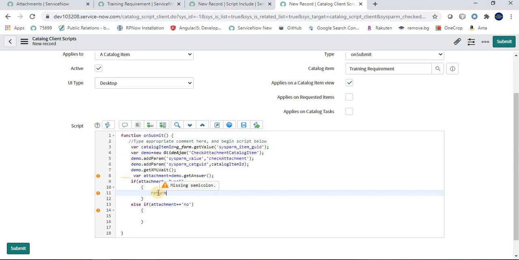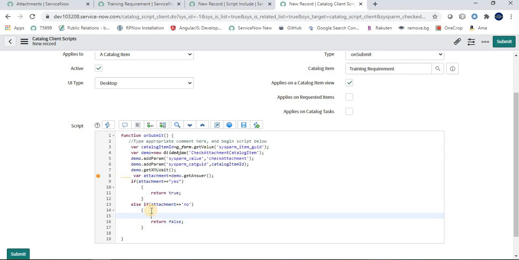So I'm saying return true, and if the attachment is no, it means return false. When we return false through on submit, it means it is not allowing the form to be submitted. But before returning false, I want an alert message: please attach your employee card image.